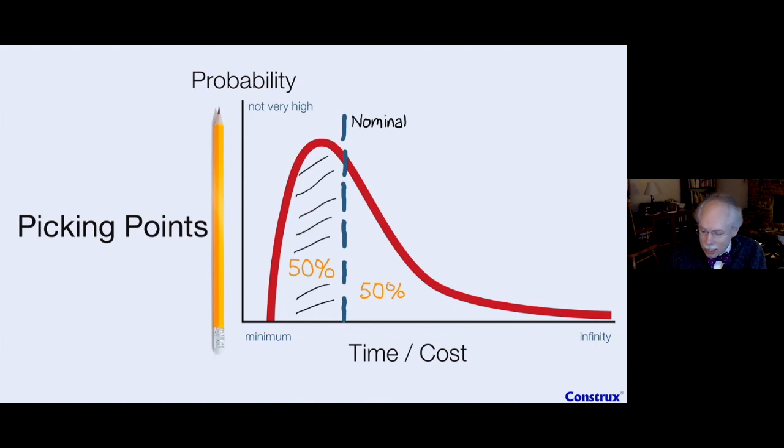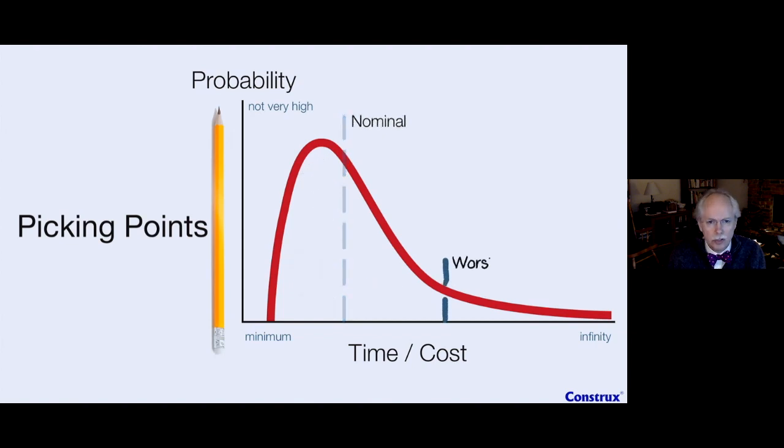Another point that we tend to like on this curve is a point that we often call the worst case. The worst case is out on that tail a little bit there, and if we do the calculus of the area, we'll see that something like 90%, or some people use 80%, of the area is on or before, right?